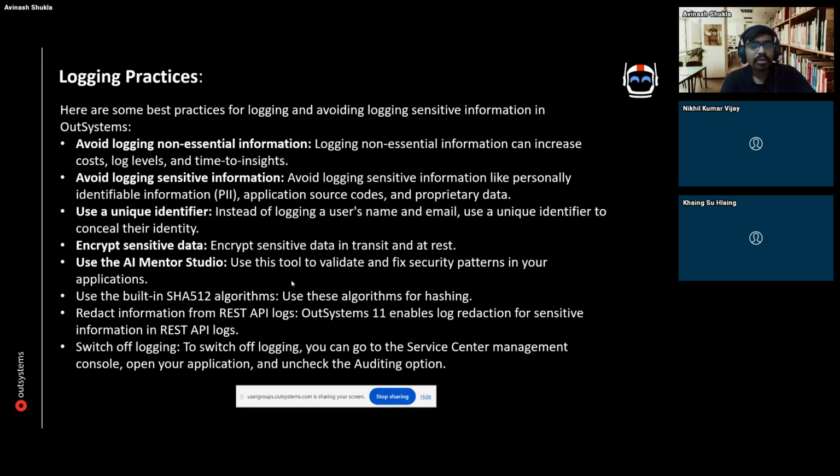Some of the best practices for logging and avoiding logging sensitive information in our systems are: we should avoid logging non-essential information that can increase the cost, log level, and time to insight. We should also not log sensitive information like personal identification, application secure code, and proprietary data. We should use a unique identifier for identifying a user instead of username and email. Then we can encrypt the sensitive data, which can help us to protect our data from any